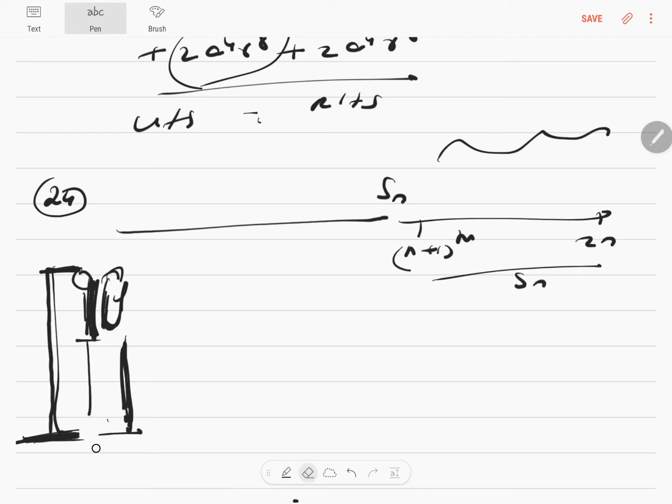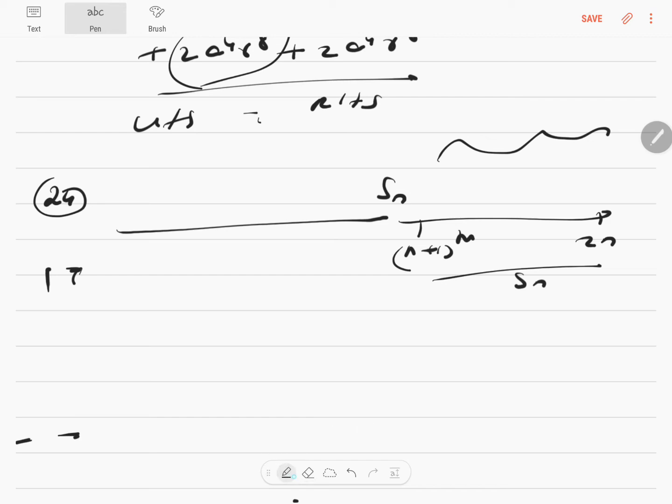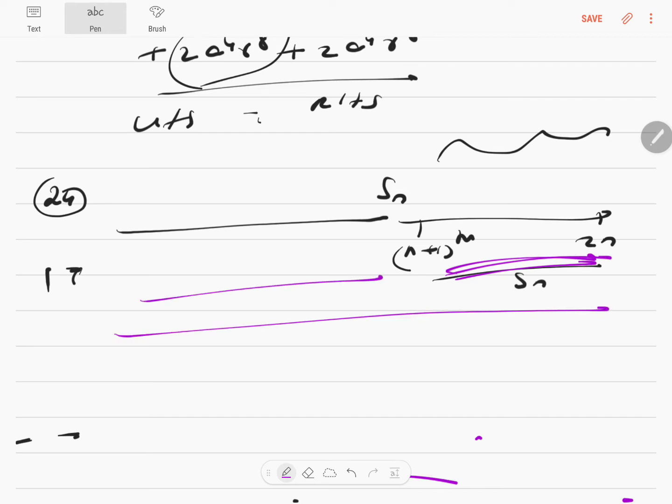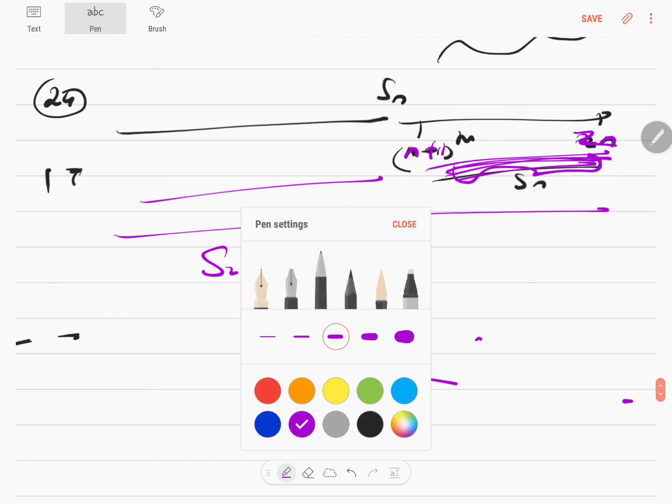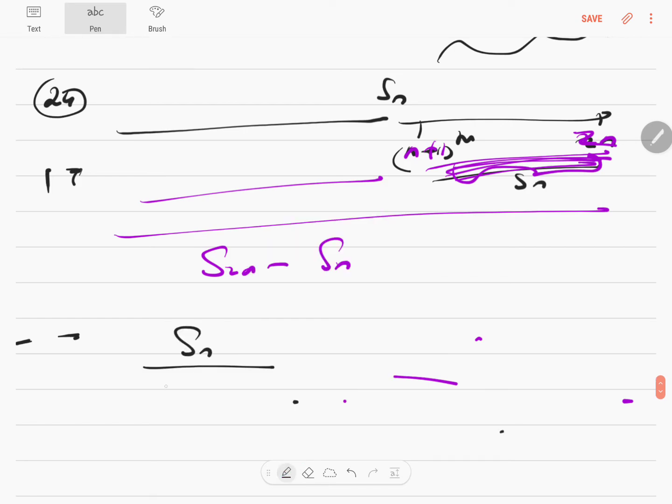So therefore, when they ask you to find the sum of the terms only from this area, it's very difficult. Instead, we'll do total minus this. So the sum from the (n+1)th term to the nth... sum of this is S2n, which is the total, minus Sn, and I'll get this part, correct? So the question is the ratio of the sum of n terms, which is Sn, to the sum of (n+1) to 2n terms, which is S2n minus Sn, is equal to 1 by r to the power n.